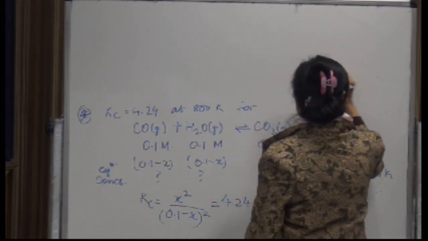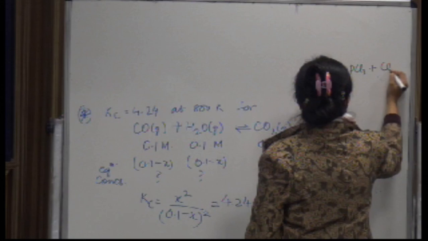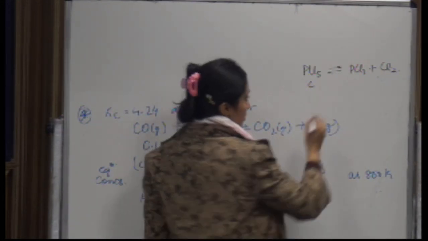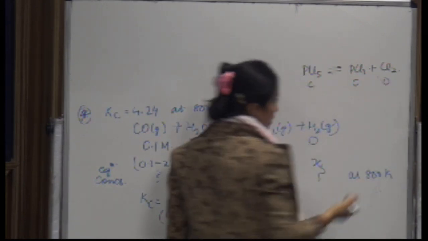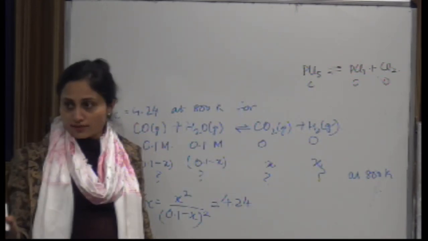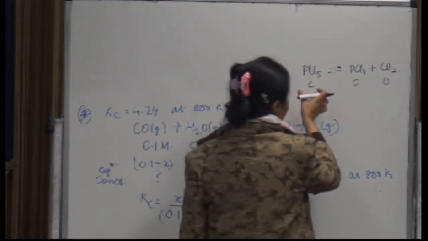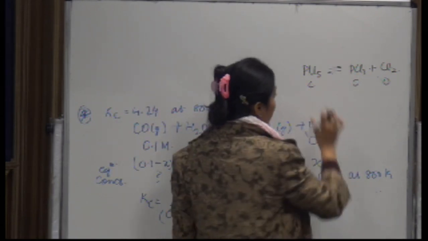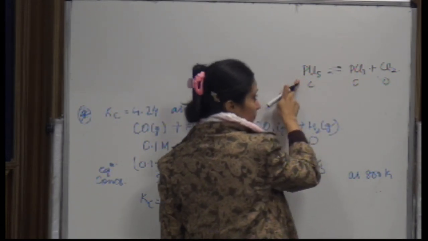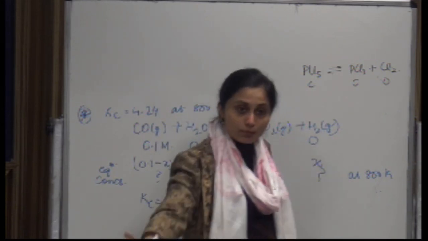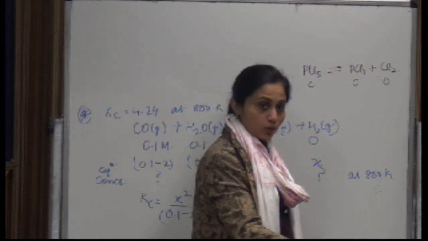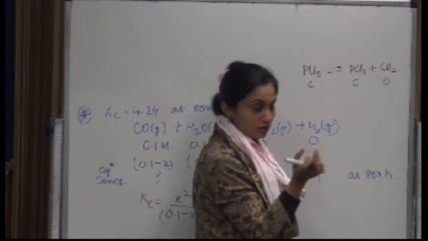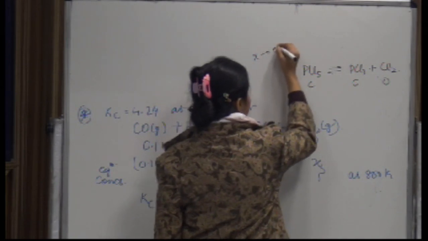Or say if you would have had only one reactant also, like in case of PCl5, alright. If I talk about this case of PCl5, let the initial concentration be C. ठीक है, अगर initial concentration C है तो ये कितनी है 0 और 0, क्योंकि initially तो starting products में 0 होंगे. Then you have this PCl5 is now getting dissociated to form PCl3 and Cl2. In this case, you say that 1 mole of PCl5 will always give 1 mole of PCl3 and 1 mole of Cl2. So after x extent of the reaction, either you call x as the extent of the reaction,